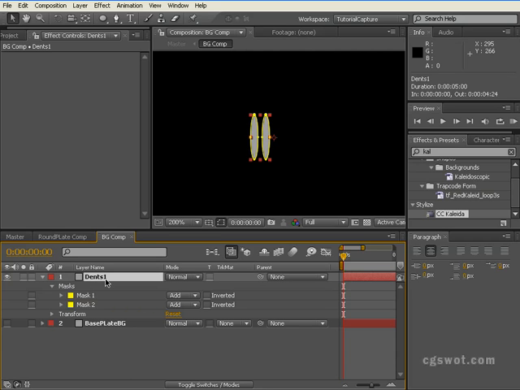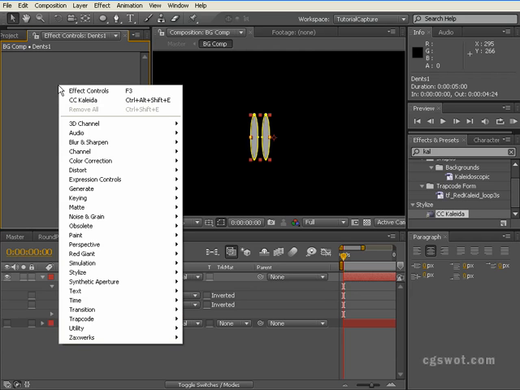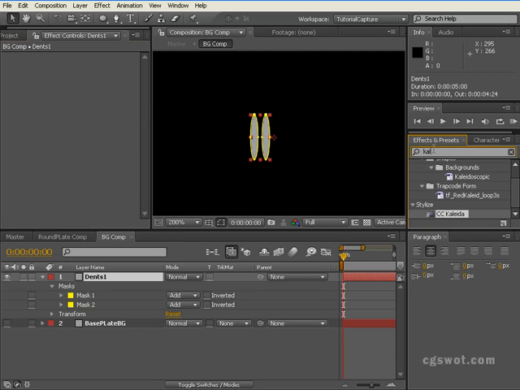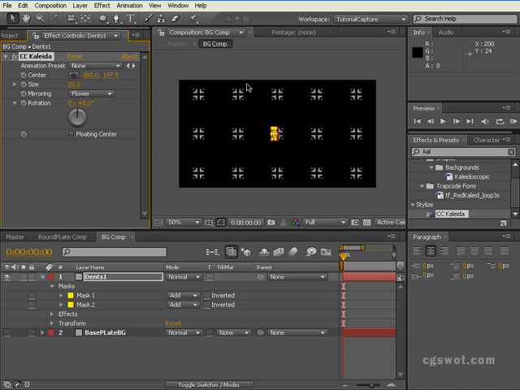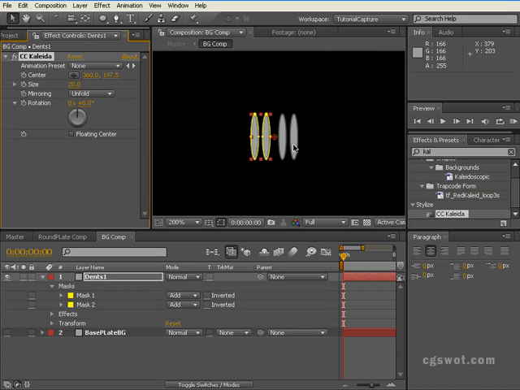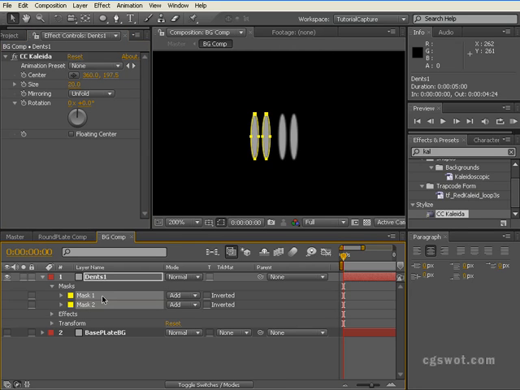Okay, with the Dents 1 layer selected, we're going to right click in our effects, and actually we'll type in KAL over here. CC Collider is the effect we'll be using, so if you type KAL, you'll get Collider here. Let's drag it onto Dents 1, and the mirroring type, you'll see that Collider does this kaleidoscopic effect, and the one we're looking for is Unfold. And straight away there, if we grab both of our masks,